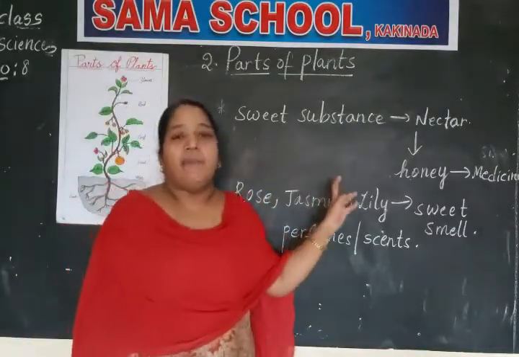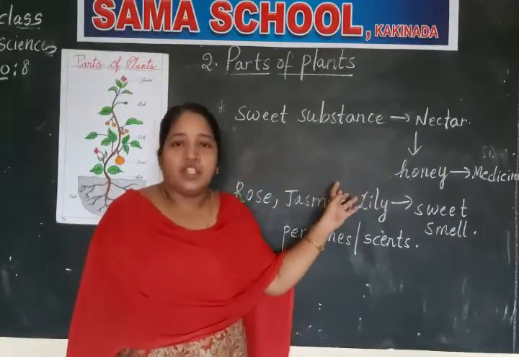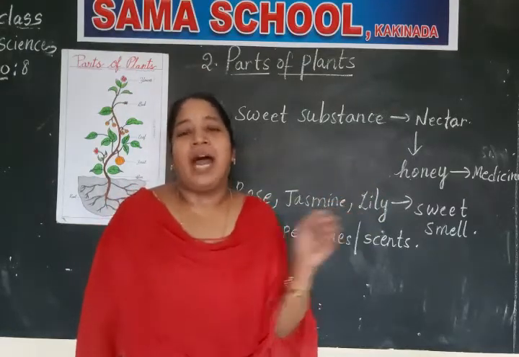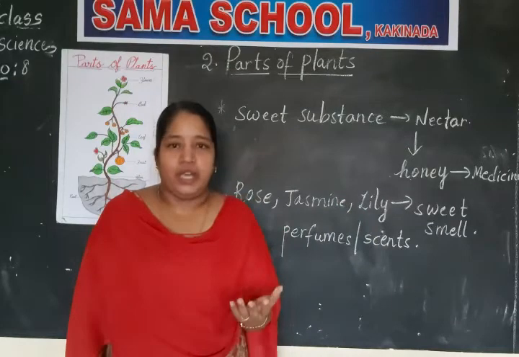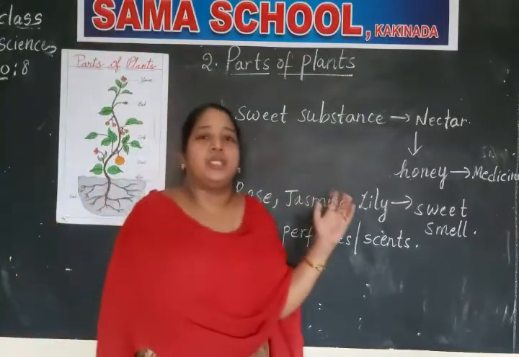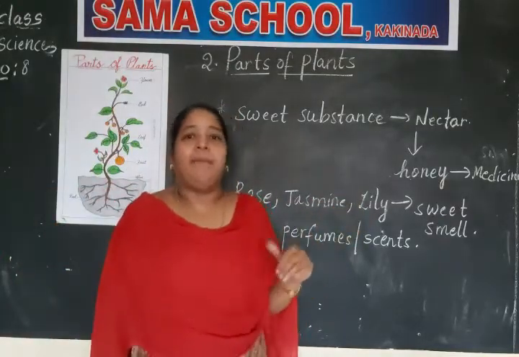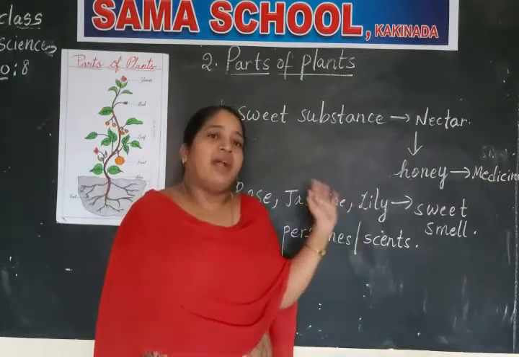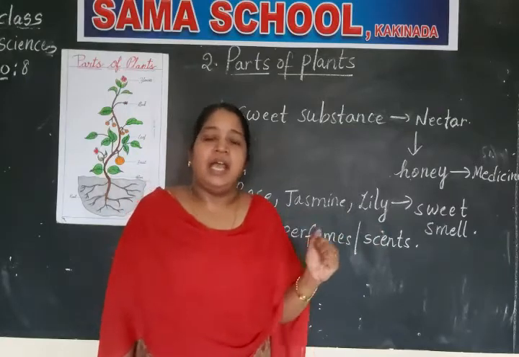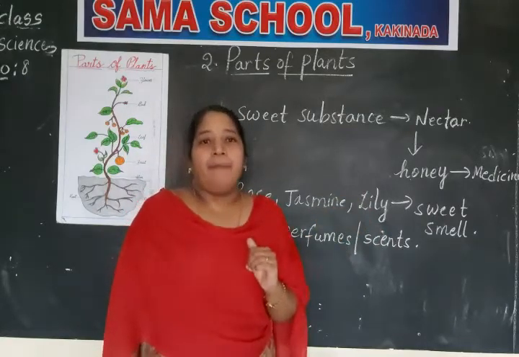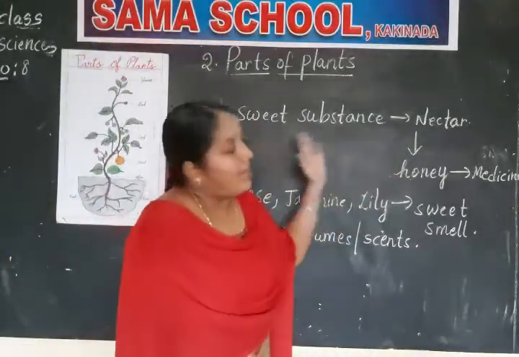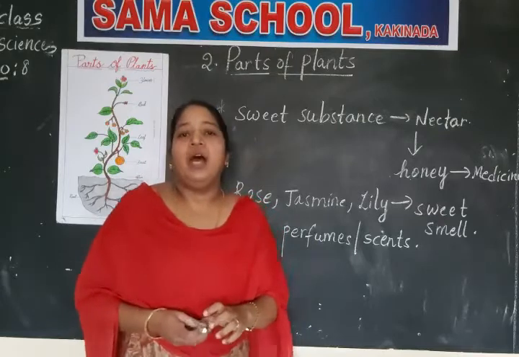And first the flower appears as a bud, and the bud changes into a fully grown flower. And flower is a reproductive part of the plant. Reproduction, the process of producing young ones. From the seed you will get the baby plant, no? So in the same way, the flower changes into fruit, and the fruit contains seeds. And from the seeds you will get the baby plant. So that's why flower is a reproductive part of the plant.